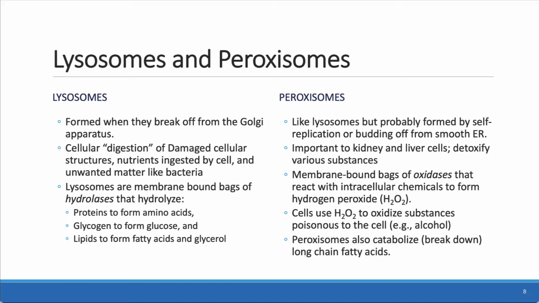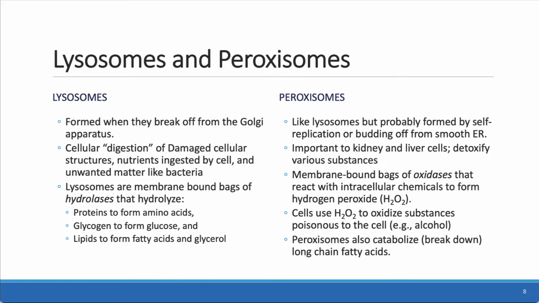peroxide is very reactive. And so the cell uses that hydrogen peroxide to oxidize substances that are poisonous to the cell. For instance, about 50% of alcohol that's ingested is oxidized by these peroxisomes. They also catabolize or break down long fatty acid chains. So those are the processes that are important to us inside the cells and should help you to understand when we shortly talk about